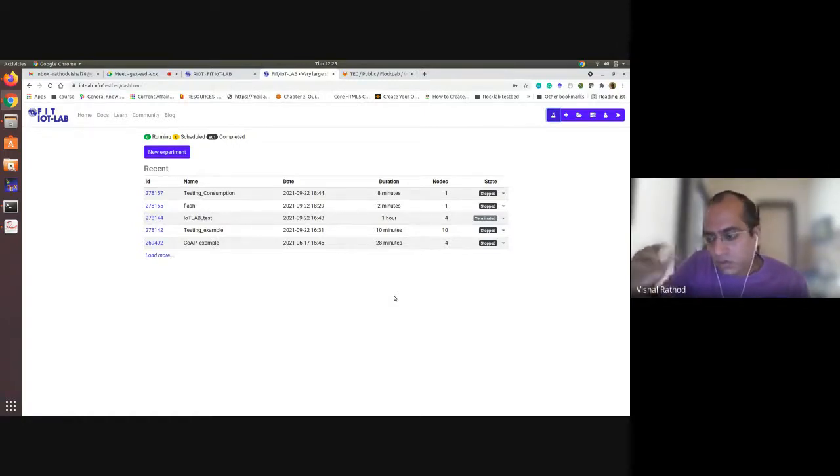This is what I will demonstrate. Then after this, we are accessing the actual resources or sensors that are deployed at the premises through the command line interface.